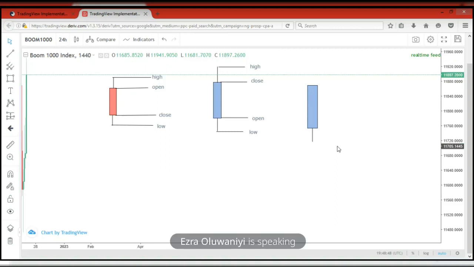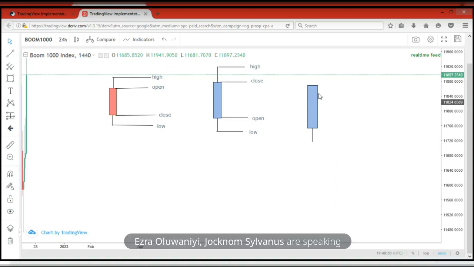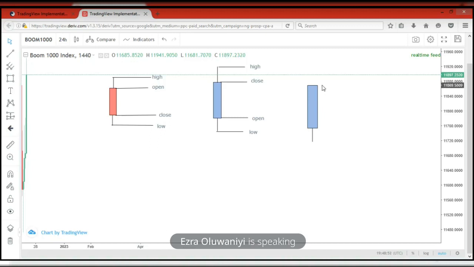Is that clear, please? In fact, smart money uses candlestick patterns, but the only thing that people do not know is that most of the people that are learning it do not know the candlestick patterns. Maybe some of them never traded before, so they don't really have an idea of what those candlestick patterns mean. Now, first of all, I'm going to be talking about the first major candlestick pattern that I love most,